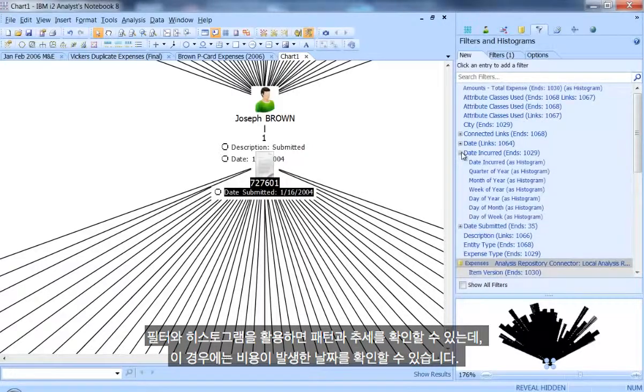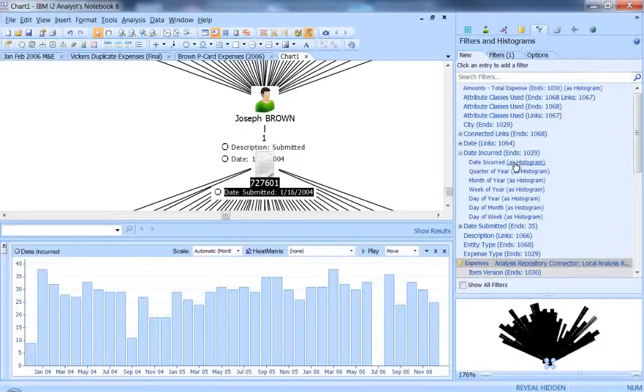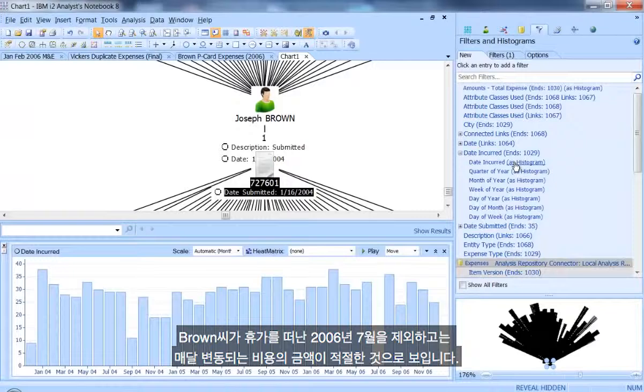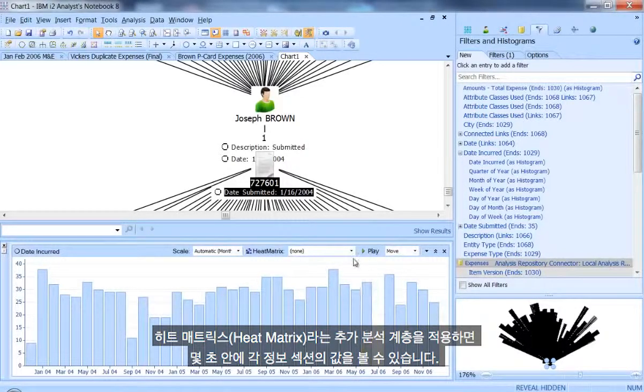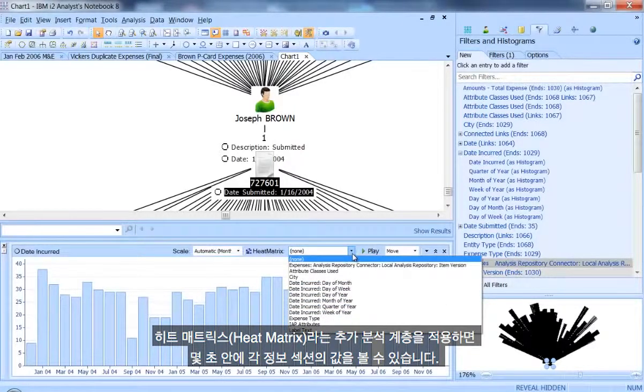Utilizing filters and histograms, he's able to look at any patterns and trends, in this case in the dates that the expenses were incurred. He observes a seemingly reasonable amount of expense variation from month to month, with the exception of July 2006, when Mr. Brown took a leave of absence. Applying an additional layer of analysis, called a heat matrix, he's able to view a valuable cross-section of information in just a matter of